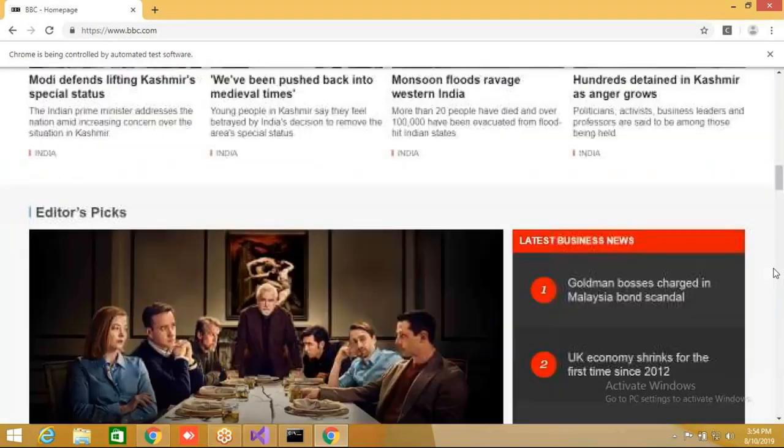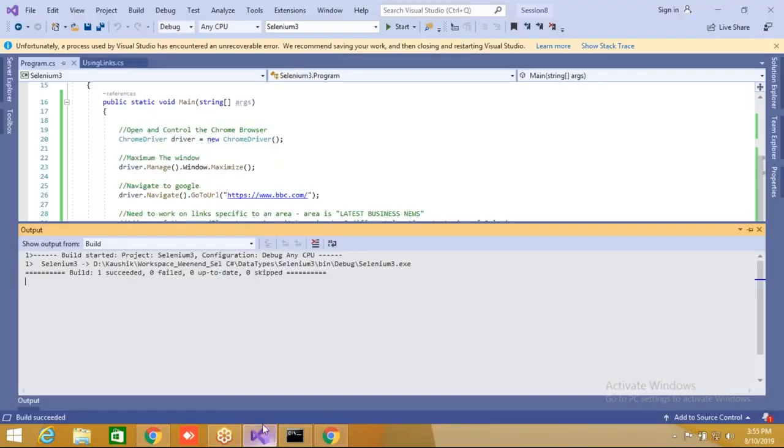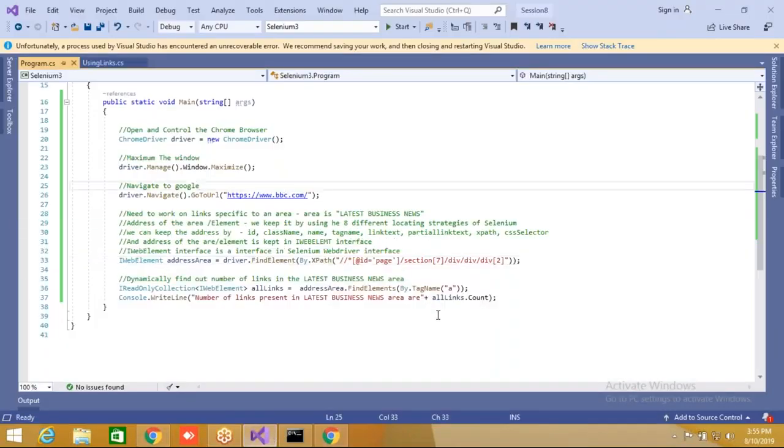Now how many links are there? At runtime there are 5 links, and that is why it is giving you 5. So well and fine, the steps are okay at this point of time. This is a dynamic behavior, you're getting it. Now the next thing is that